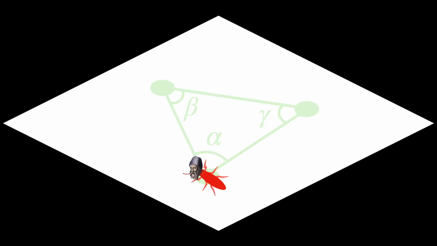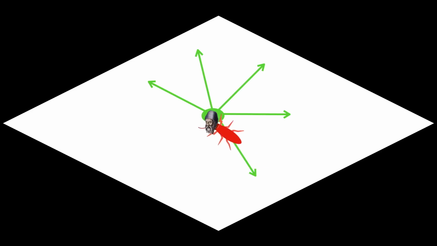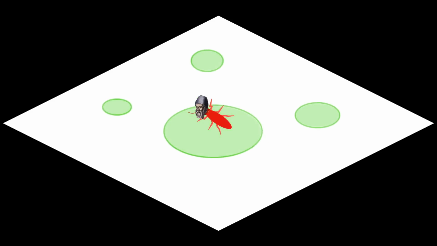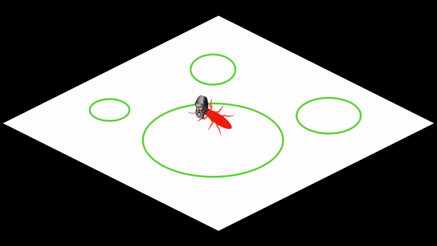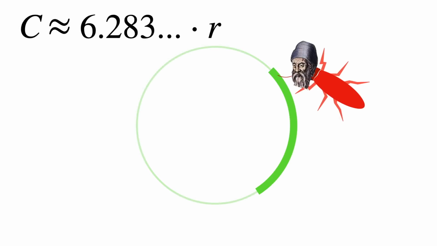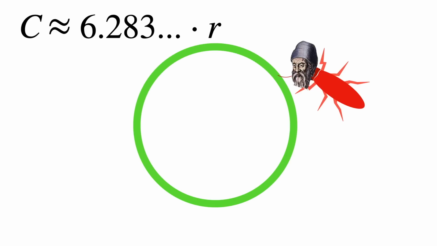Right after that, Euclidicus makes a circle. He started at a fixed point and rushed off on straight lines in many directions. Then he laid out a lot of dots that are all the same distance from that original point. One day, Euclidicus decides to measure the distance around many of the circles he drew, just out of curiosity. He finds an interesting relation. The distance c around the circle is always the same number times the radius r, approximately 6.283, and so on. In other words, 2 pi, no matter the size of the circle.